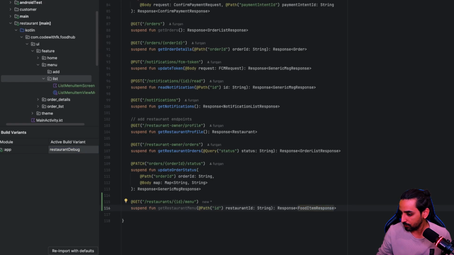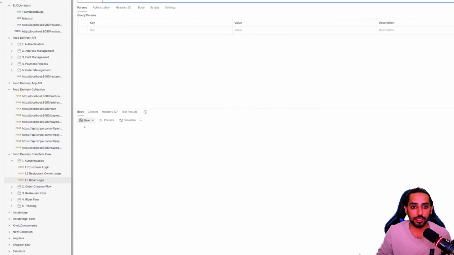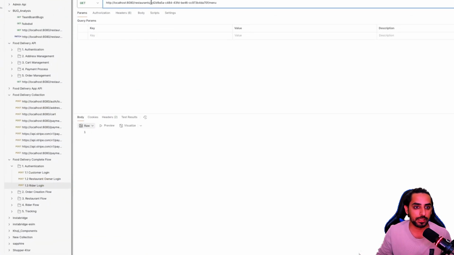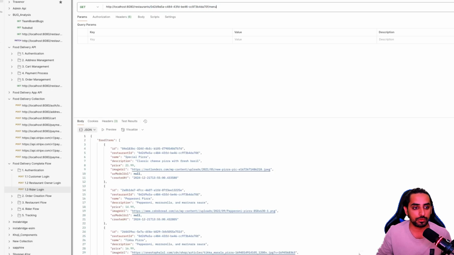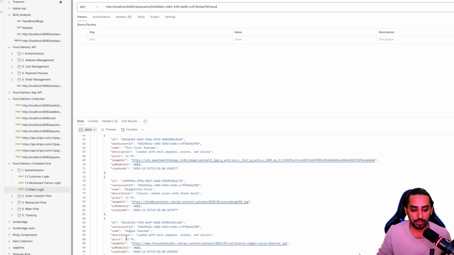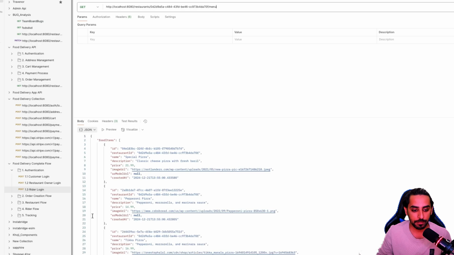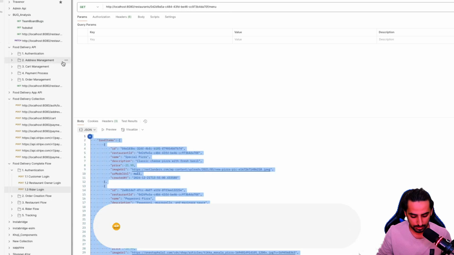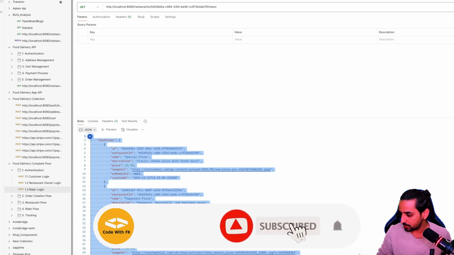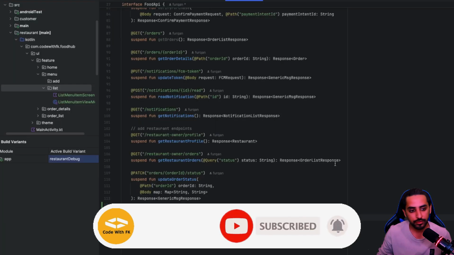So I'm going to go over here into this Postman section, and we have something like this. This is basically the restaurant id that I'm going to use, and then we have this menu item, so the same path, basically call it, and now you can see that I have this list. It contains a couple of things, so we'll just copy that. Oh, sorry, we'll go over here into Android Studio, and now from over here we need to go to our main section,